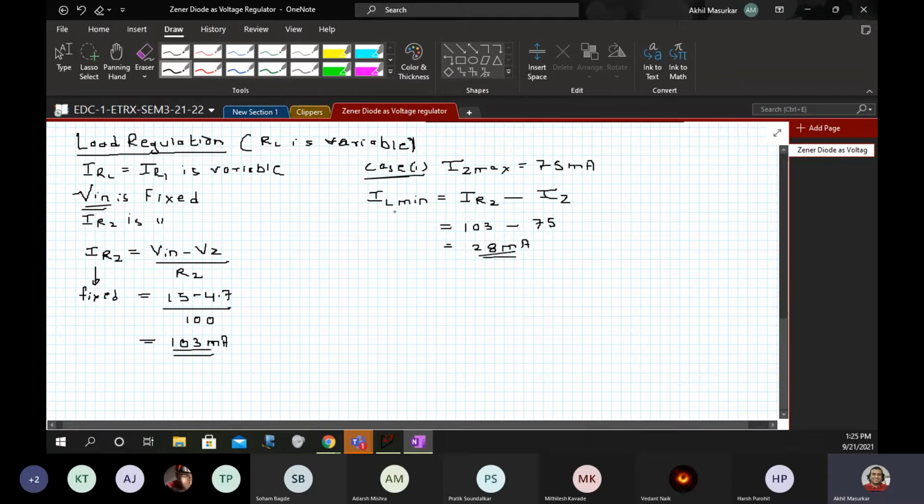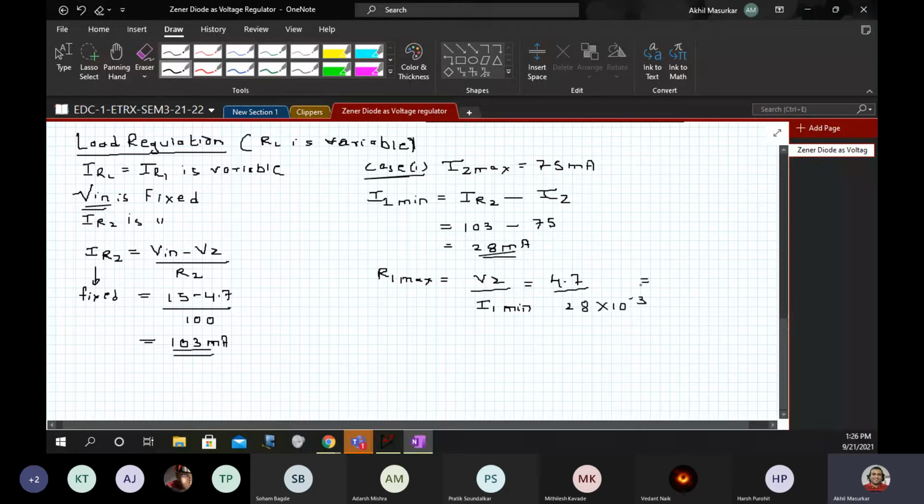Now what is flowing through the resistance is minimum current, so the resistance has to be maximum. This is I1 min. R1 max is going to be Vz upon I1 min, which is 4.7 divided by whatever I1 min we have calculated, 28 into 10 raised to minus 3.